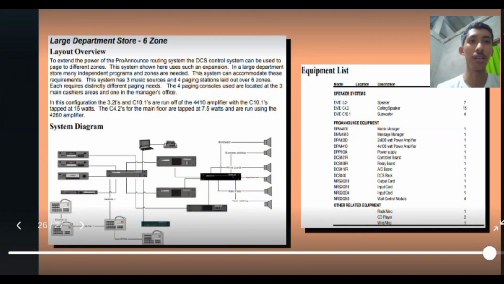Next, we have the large department store six-zone layout overview. To extend the power of the routing systems, the DCS control system can be used to page different zones. The system shown here uses an expansion in a large department store where many independent programs and zones are needed. This system can accommodate these requirements. As you can see in the system diagram,